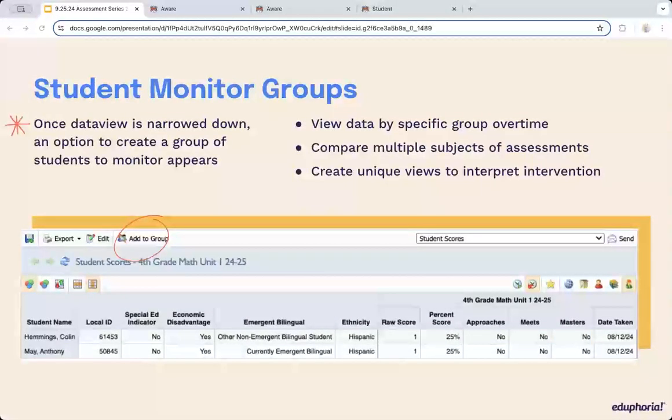This is one I talked about. Here's what the add to group button should have looked like. I really think I was on the same branch by accident, so I had a teacher user and an admin user in the same place at the same time. That's my fault. But that's what that button would look like if you curated your own list.